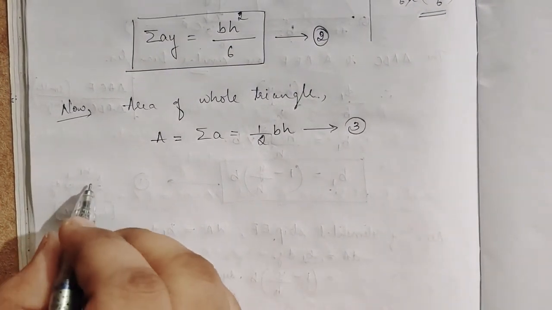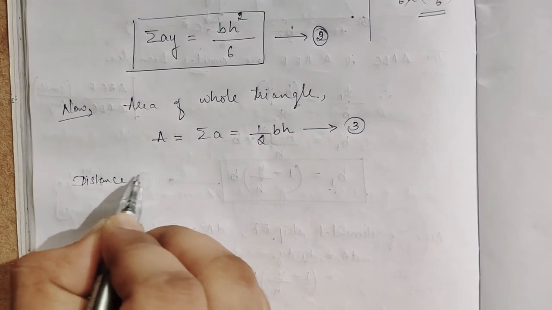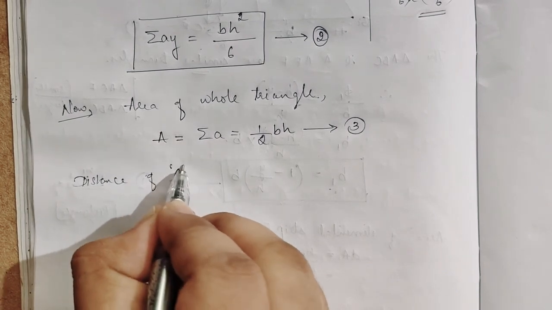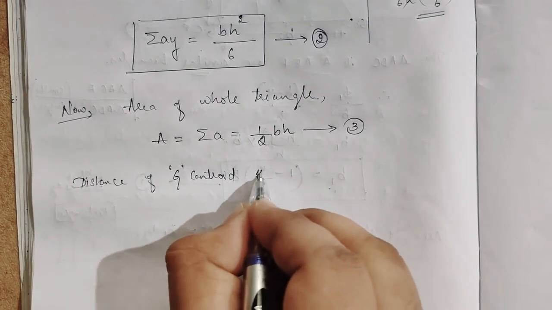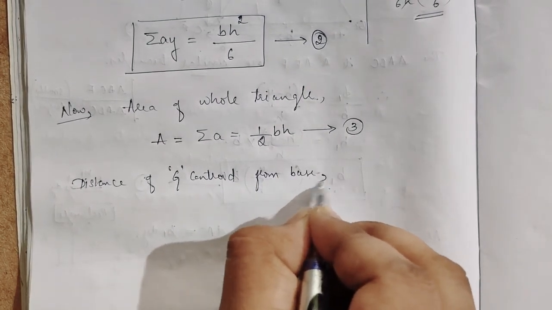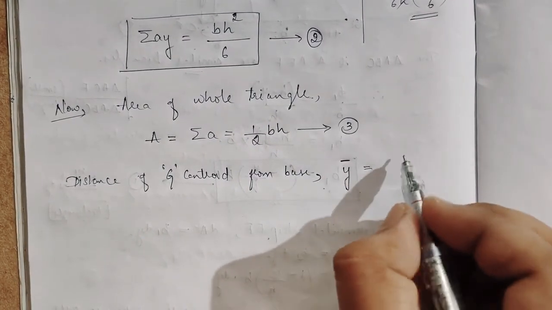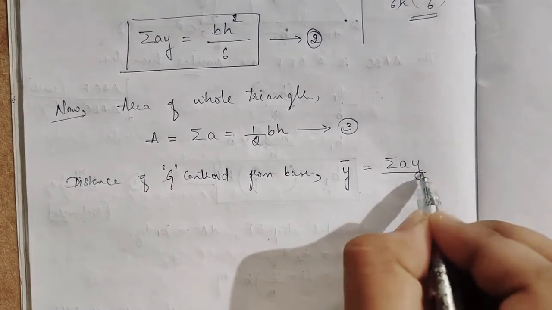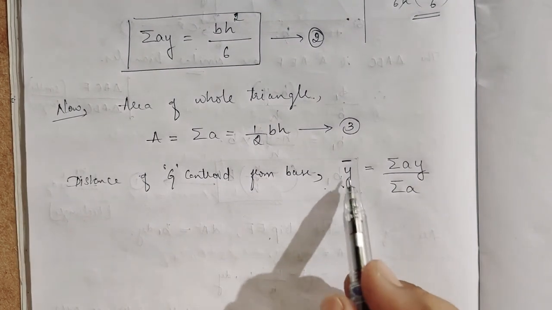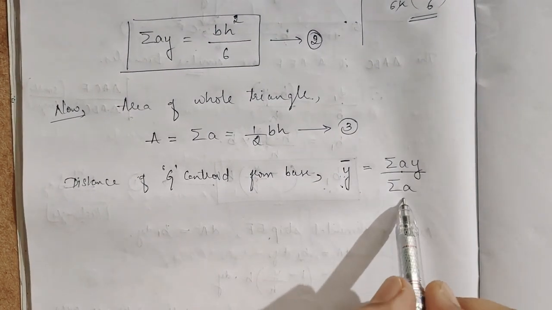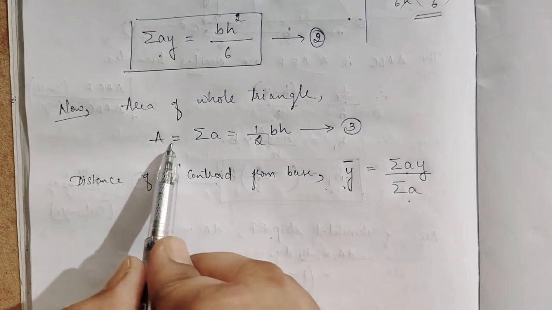Now what we have to find is the distance of the centroid G, or in words, write the centroid from base, is equal to y bar. What is the formula? y bar is equal to sigma ay divided by summation of a. We derived this first, correct? So y bar is equal to summation of a y divided by summation of a. So all this circus we did, we needed summation of a y, and we needed summation of a.